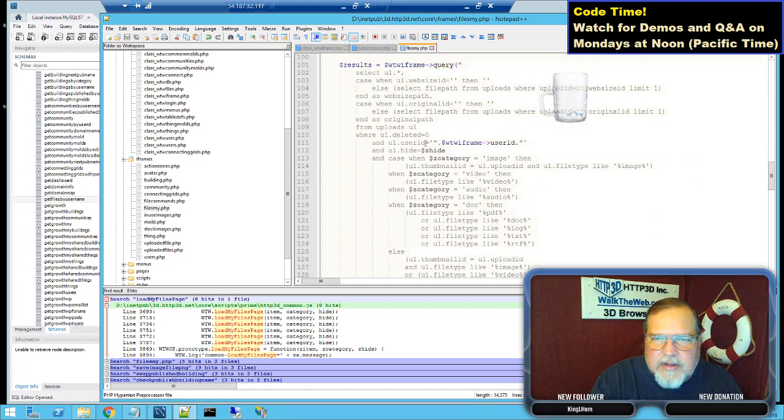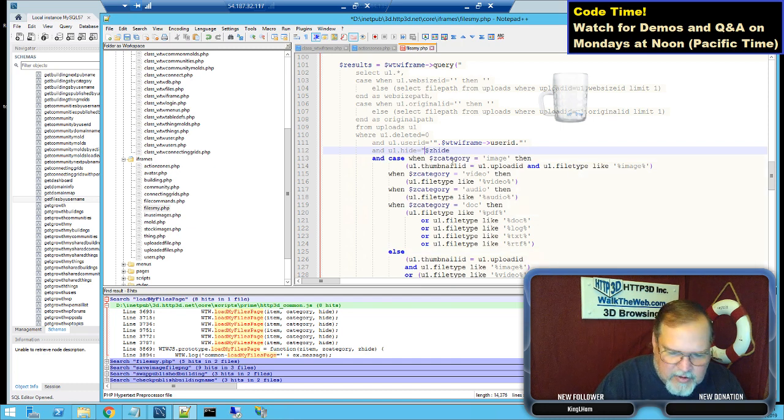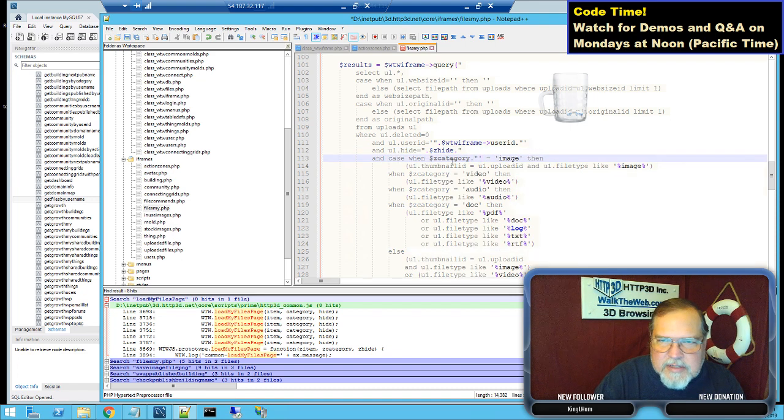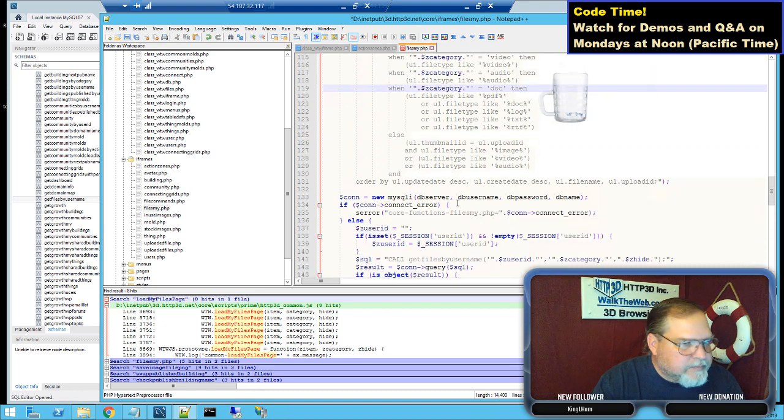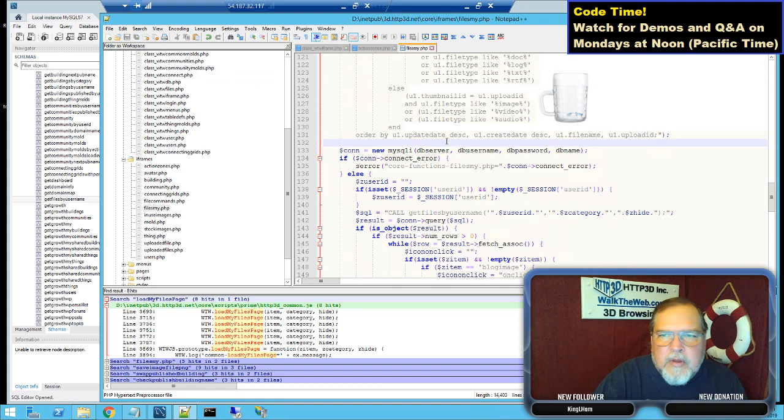So, okay, now the next thing we want to do is hide is a variable or a number, so I'm going to do that, and then category is in the database, the category is a string value. I'll go ahead and just copy and paste those over. Okay, and okay, so now I've